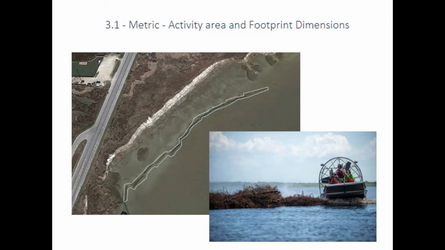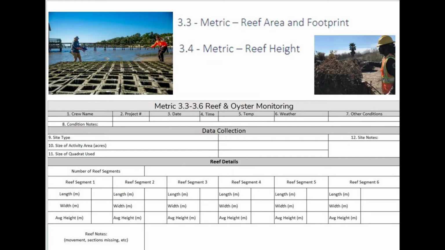the project spatial extent. The first section of the reef and oyster monitoring data sheet includes an area for you to include reef details, specifically the length, width, and average height across the reef. So whether you're doing a tree bundle or actually putting a reef onto the sea floor, you're going to want